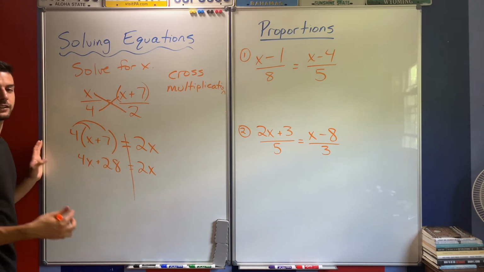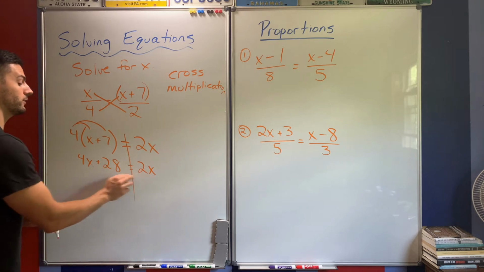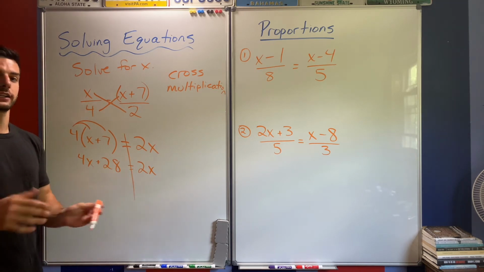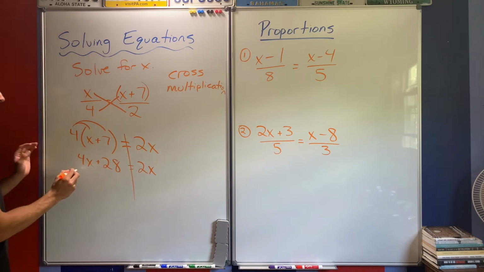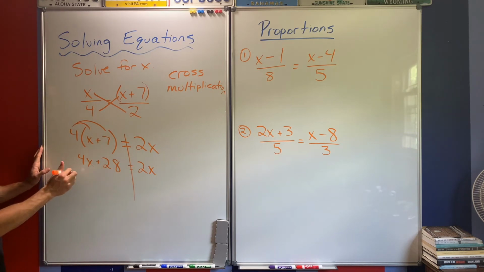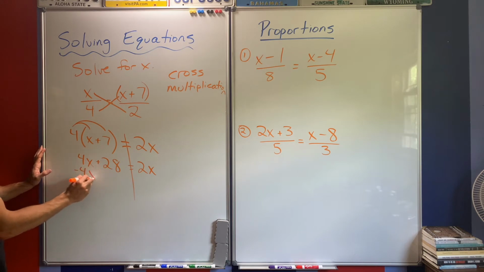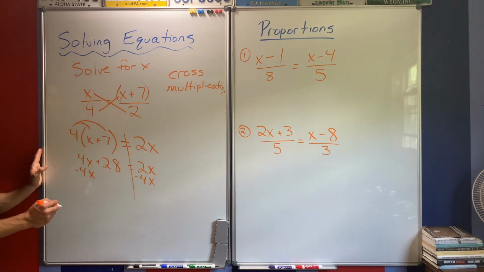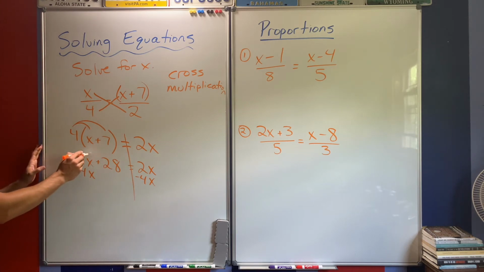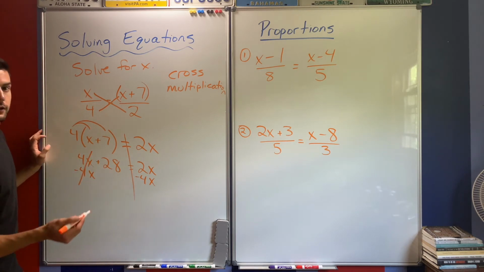That might take some practice, and again, you won't get it. If you minus the 2x from both sides, you can still get the problem correct. I'm trying to show you the strategy that takes the least amount of steps, okay? So positive 4x, if I minus 4x from both sides, our golden rule, we have to do that to both sides for it to stay in balance as an equation,